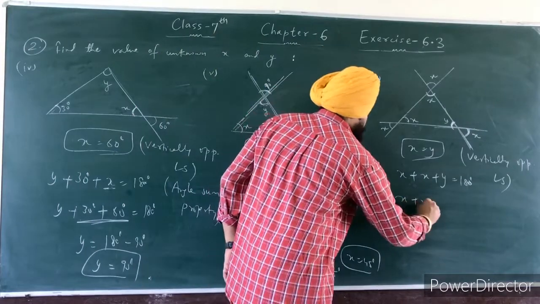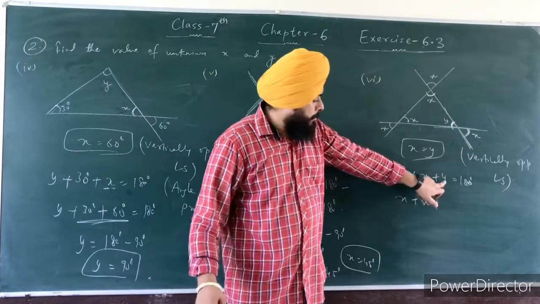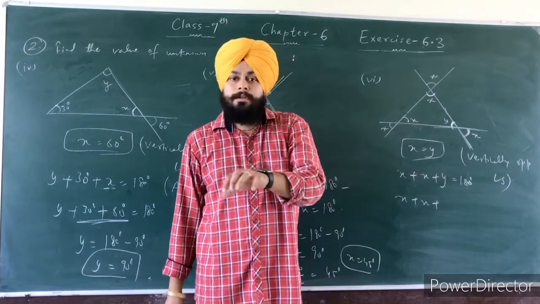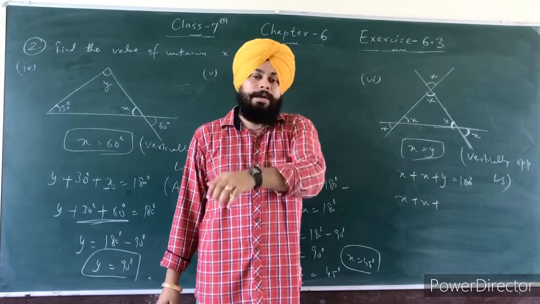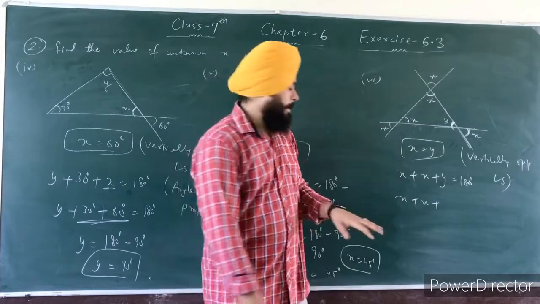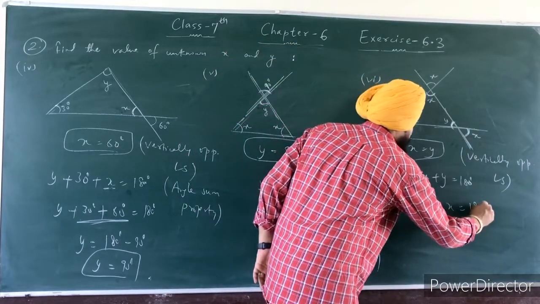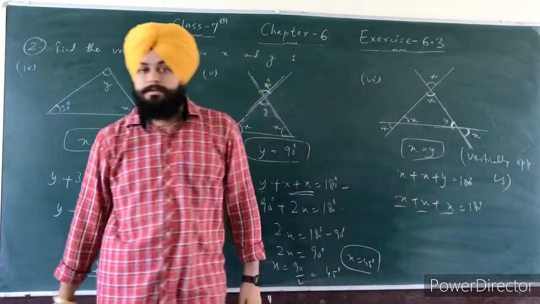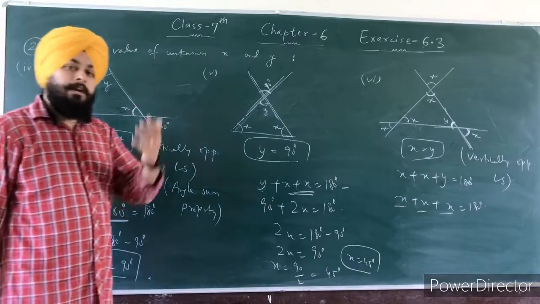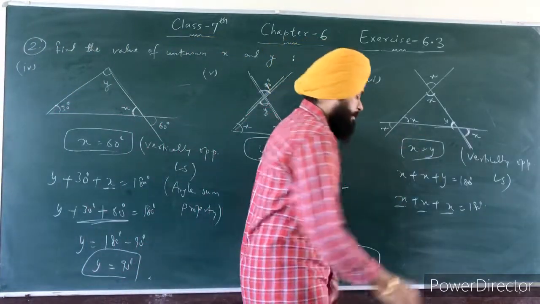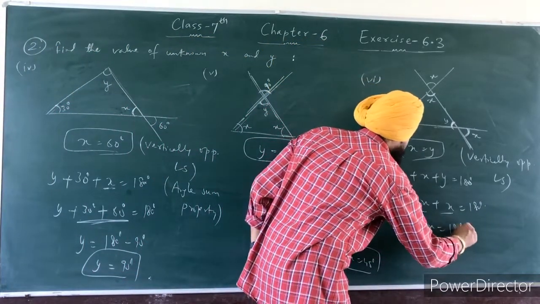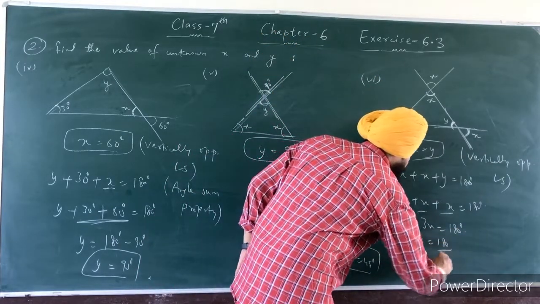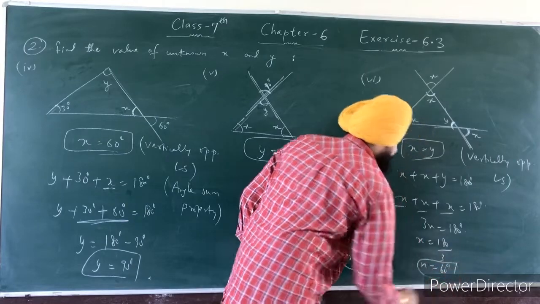Now x plus x. So you can see here this is angle y. So you can write it as x. क्योंकि y और x दोनों equal हैं, तो सिर्फ y को चाहे x लिख लो और you can write x as y. It's your wish. ठीक है. So लिखा है x plus x plus x is equal to 180 degree. Now you can add this x 3 times. If you add x 3 times, then it is 3x. 3x is equal to 180. Or x is equal to how much? 180 over 3, which is 60 degree.